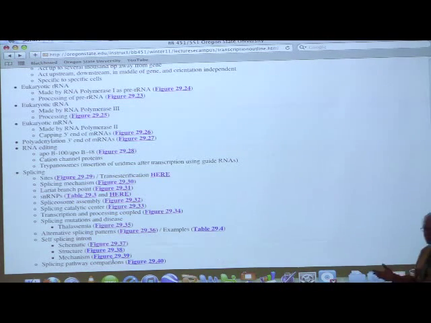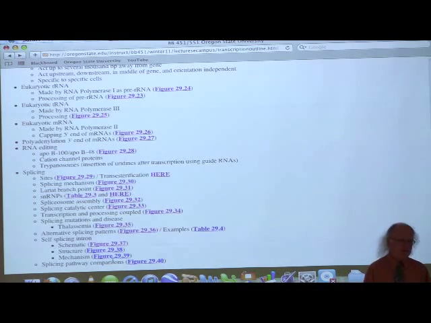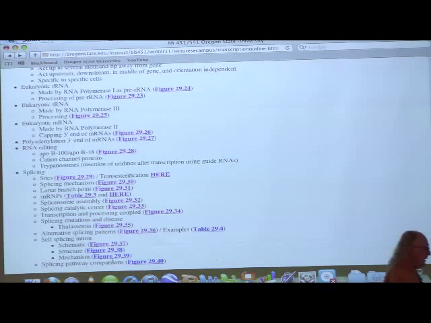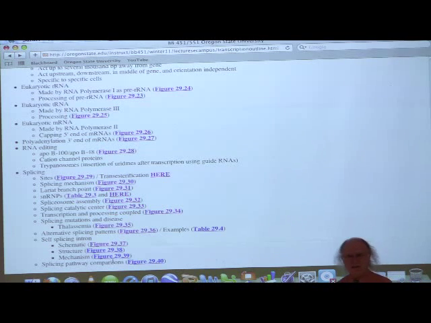I will tell you that there are a couple of different mechanisms involved in self-splicing RNAs, depending on where they come from. And it turns out that in all of biology there are only two spliced RNAs known in the prokaryotic world. Every other spliced RNA is in eukaryotes. Well, how do we have spliced RNAs in prokaryotes? Based on what I just told you about self-splicing RNAs, you would probably think these must be self-splicing because prokaryotes aren't going to have the proteins necessary for helping to catalyze the removal of the introns, and you would be right.